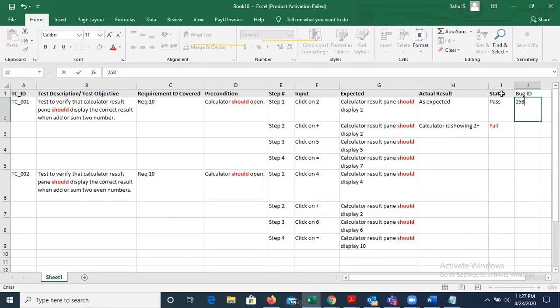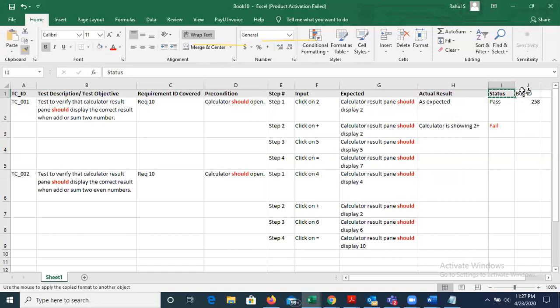Let's say suppose 258 is my bug ID. I will mention the bug ID here for tracking purposes. Almost all organizations use some bug tracking tool, because there are plenty of bug tracking tools available in the market. Some are open source, some are paid tools.